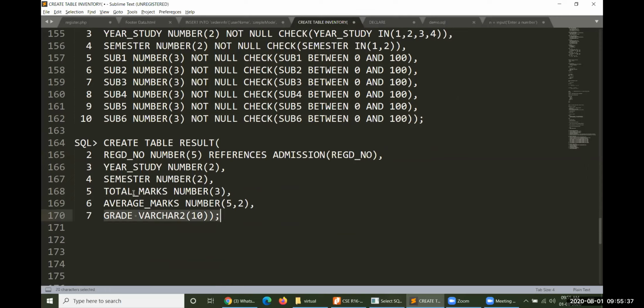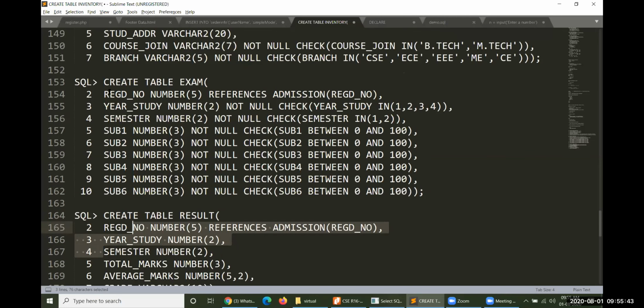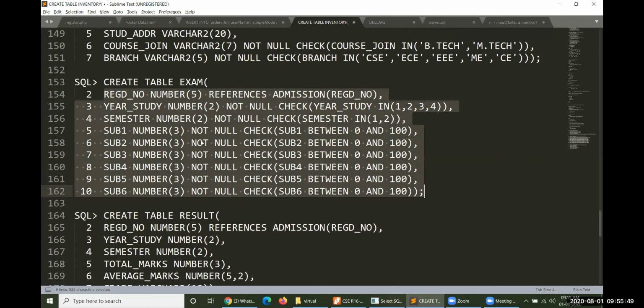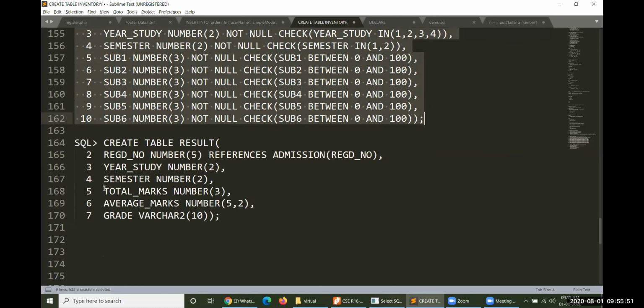We need to identify these three. These three will take input from this particular data only, but these three must be calculated using a cursor and placed into the result table.